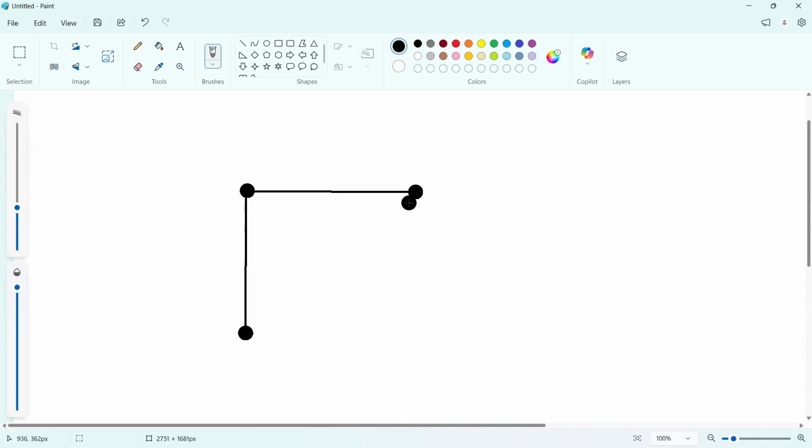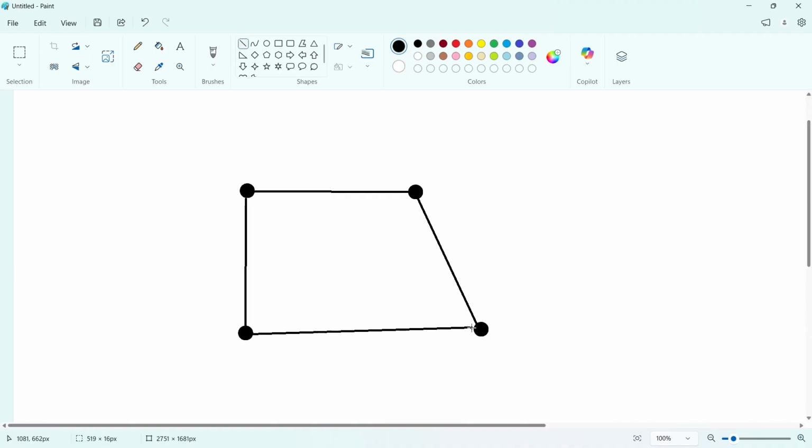If the point from here to here is changed because of some disturbance, for example,